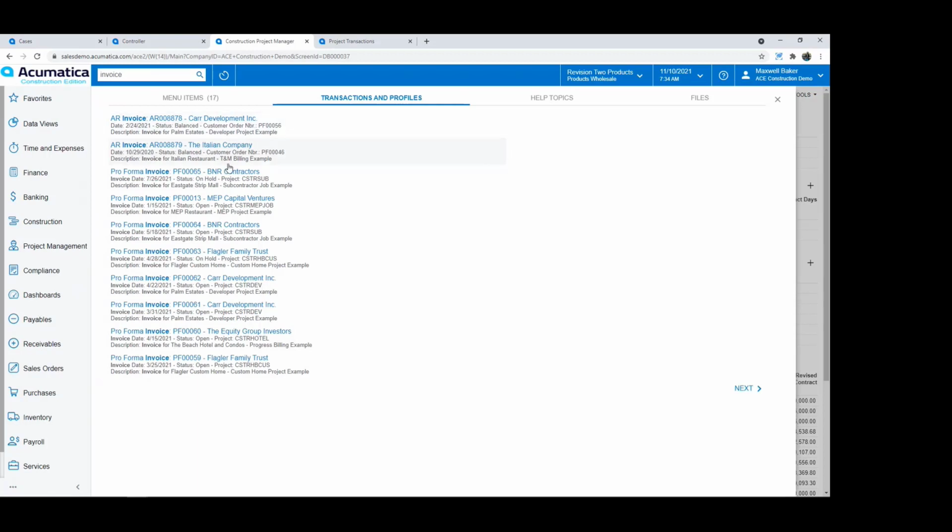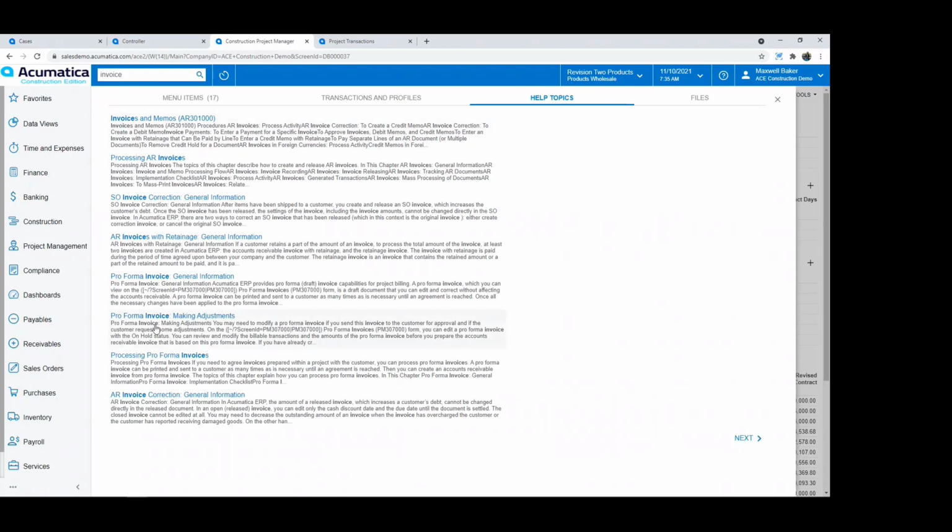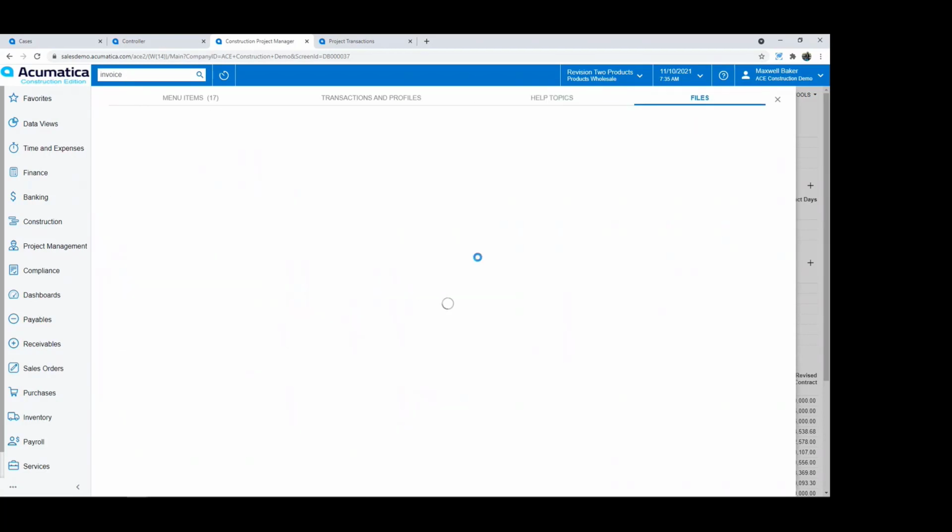It'll take me right to that particular invoice with a hyperlink so I can get right to whatever information it is that I'm looking for in the system. So super easy to find data, to find information. It's going to pull up any help topics related to what I searched for. And as part of the document management system in Acumatica,